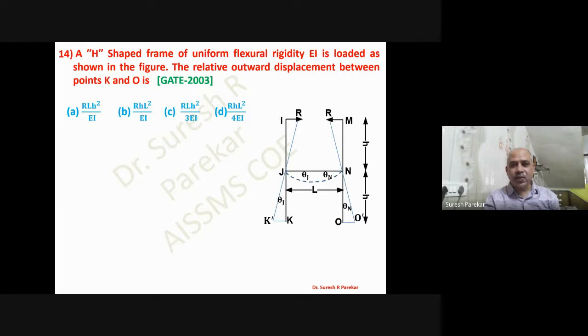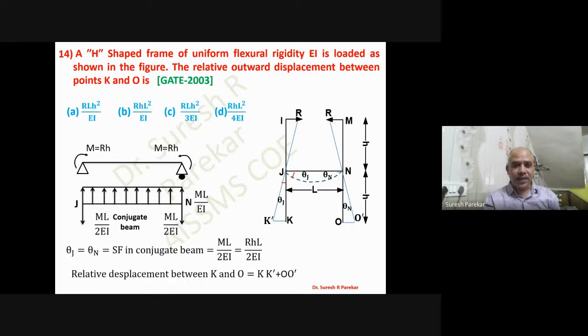Then this is again an important one. In this one we have to go for this beam, and in this beam we are going to get the value of theta. Knowing this, theta j and theta n are the same, as it is symmetrical. So this will be the same theta. And then knowing this theta j, we can have kk dash theta j into this h. Similarly here also theta n into h, but these both are the same, so we can take twice. Now how will we determine theta j? We have a moment over here due to this R into h, and then we will consider this as a beam. You can see over here.